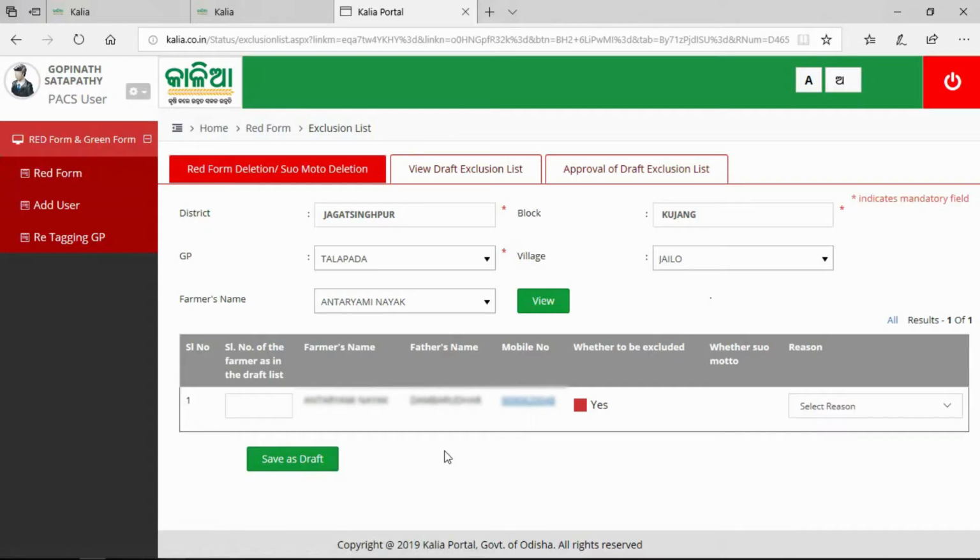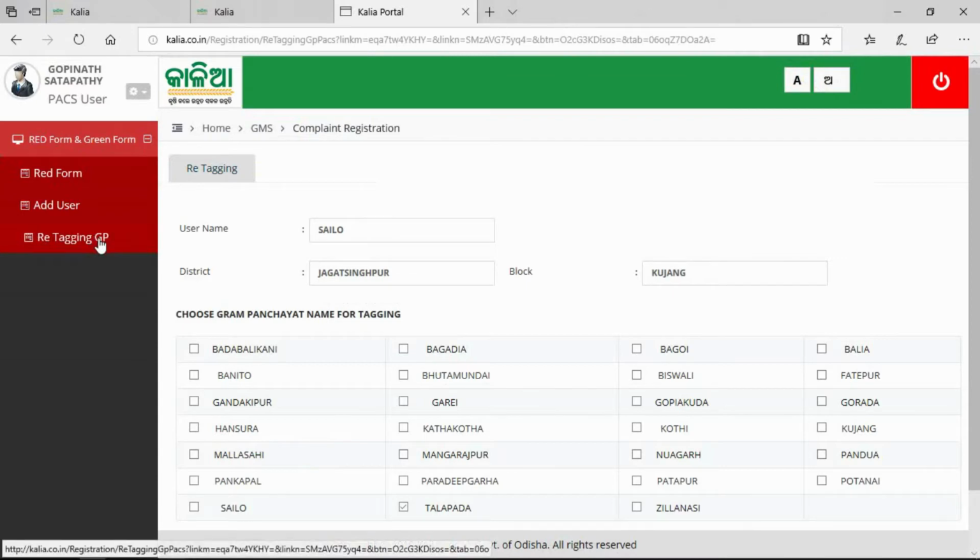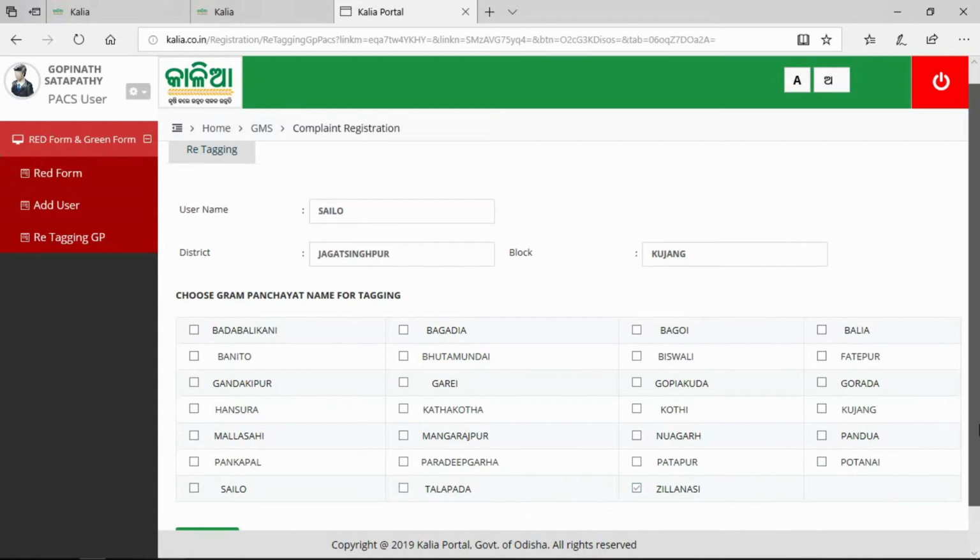Scenario 2. If a GP is wrongly tagged against a PAC by mistake during the initial tagging, then click the re-tagging button on the top left corner of the portal. A list of GPs is displayed on the screen. Uncheck the GP to be removed and click Submit button at the bottom of the page to finalize the re-tagging